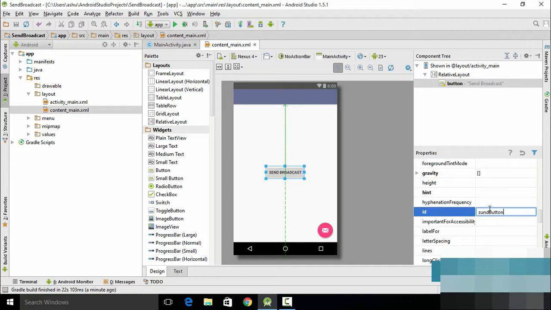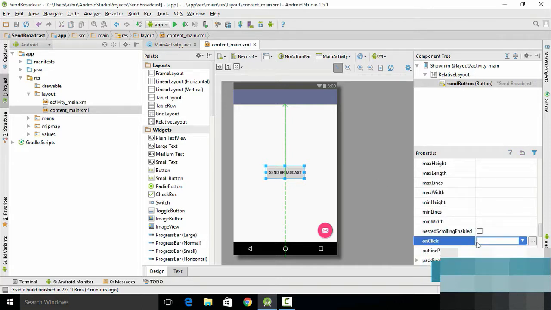send button. Now once we are done with this, the next thing which we need to do is write some code which is going to take a message and send it to the other application. But before that, we add an on click to this button which we have created, and that is because when we click the button we want the application to execute some method. So we select the button and search for a property which is called on click, and inside it we specify the method which we are going to use. Let's name this method as send